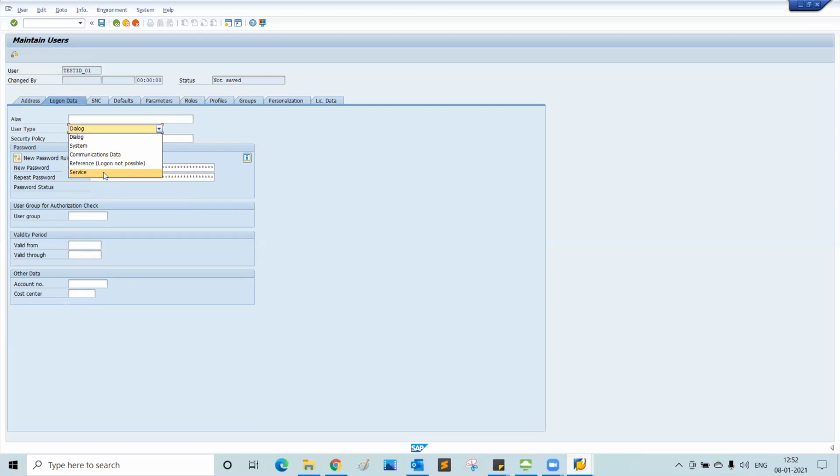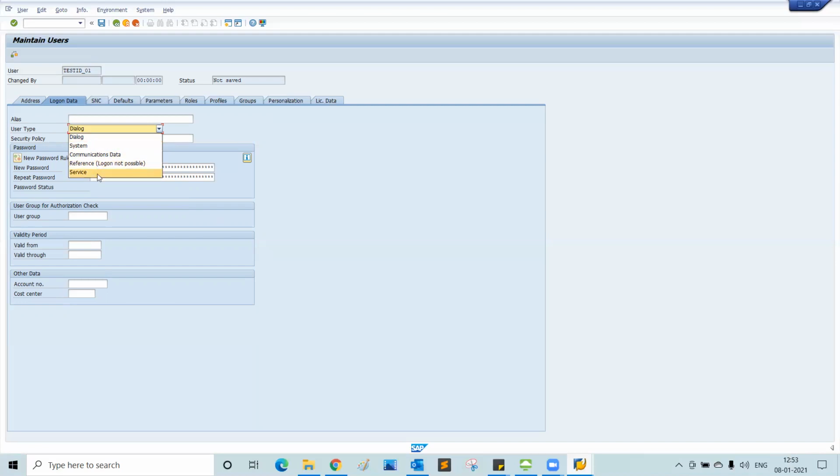So what they can do is they'll be able to log in, and then they'll not be prompted to change a password. One more important thing to be considered is, for a dialog ID, even when the administrator sets up an initial password, when the dialog ID is logging in for the very first time, they have to change the password. Because they are the owner of that particular ID, it will prompt to change the password.